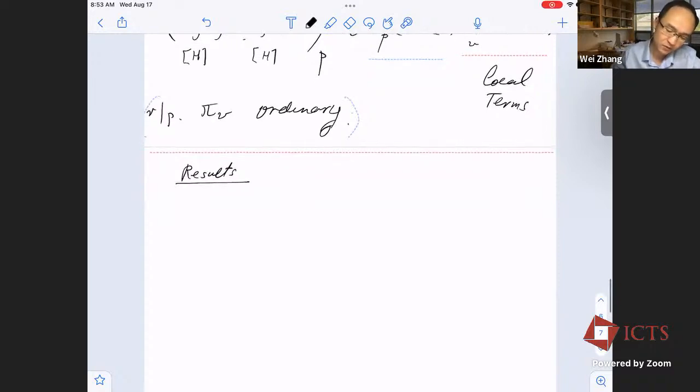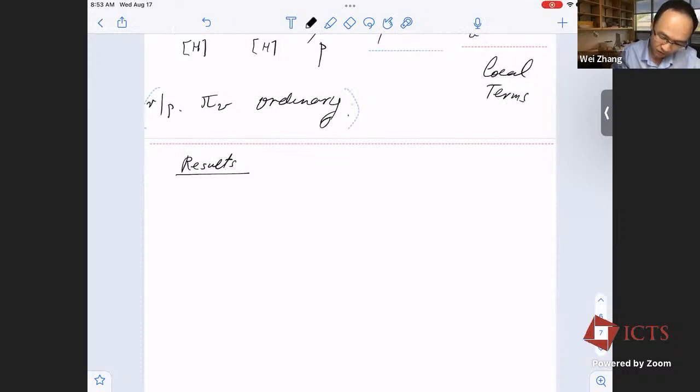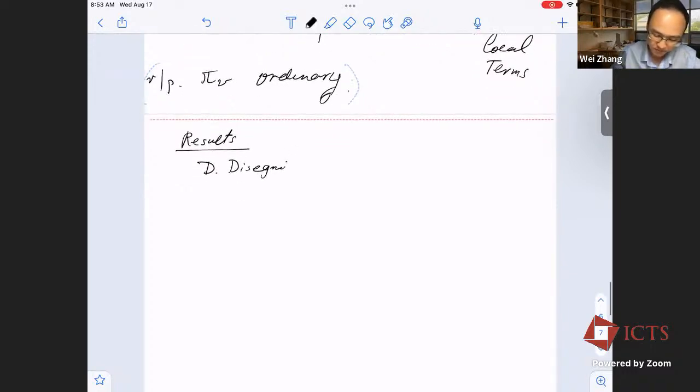So it's kind of known. So what about the hard case? This is still work in progress with Daniel Disegni. So we can prove the conjecture